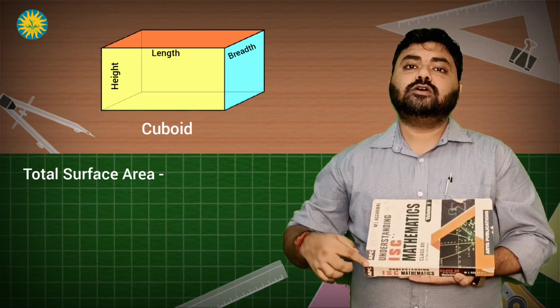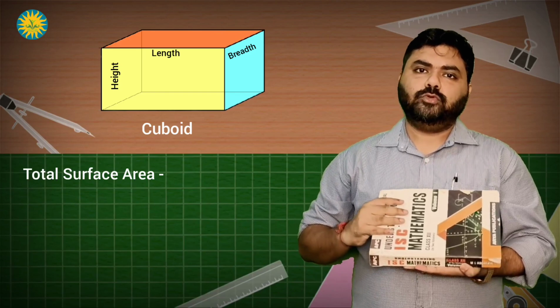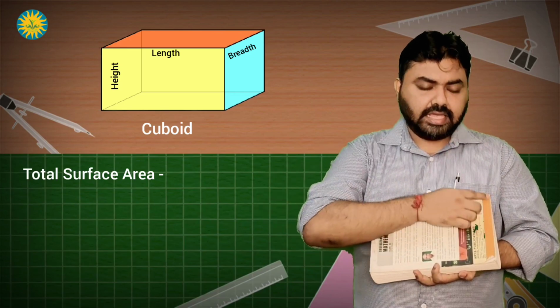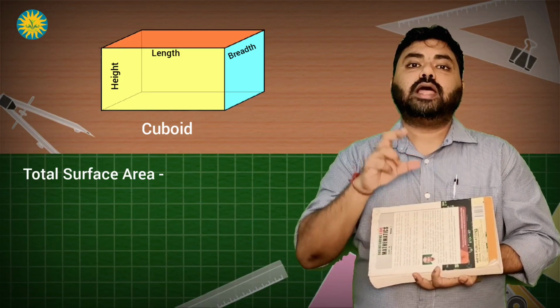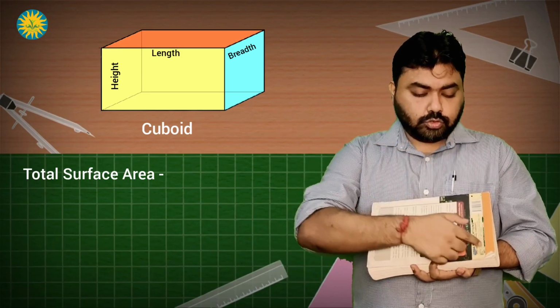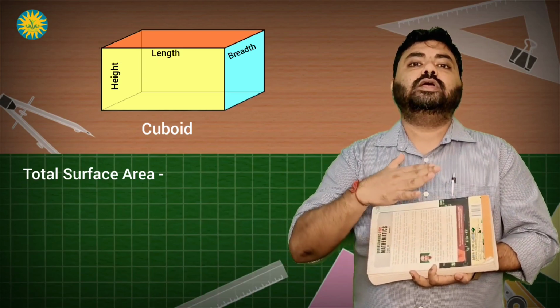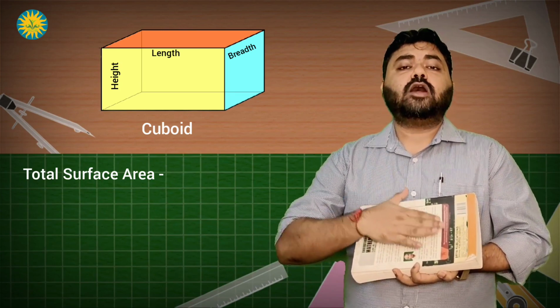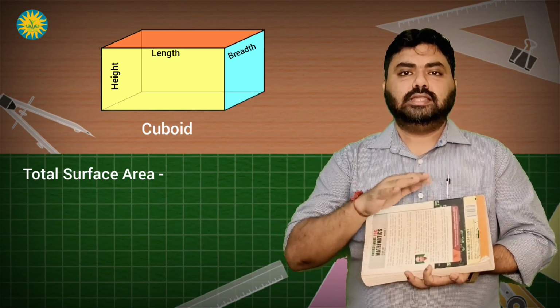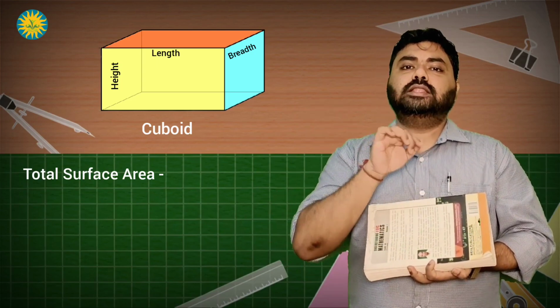So the area of this surface will be length into breadth, and the same will be the opposite surface, that is length into breadth, that is twice length into breadth. So we will have to add twice length into breadth, that is twice the area of the top and bottom surface, with the curved surface area. Curved surface area means twice L into B plus H,